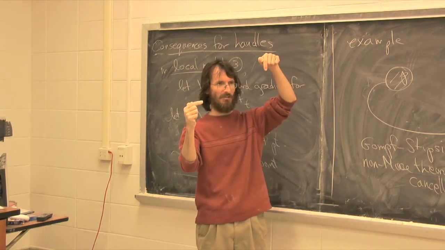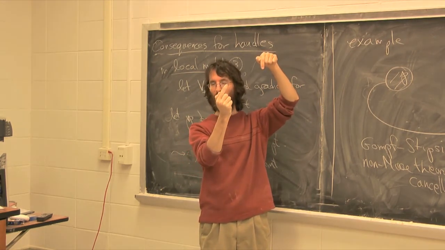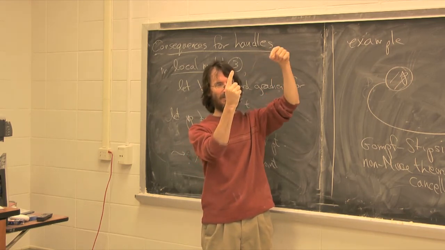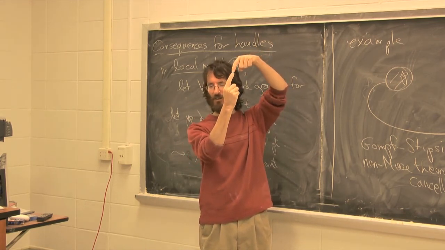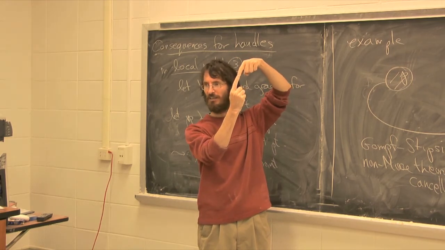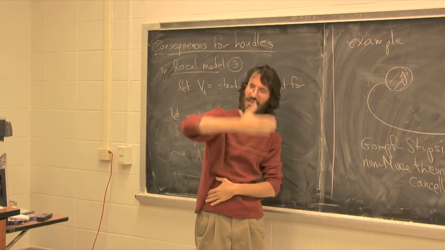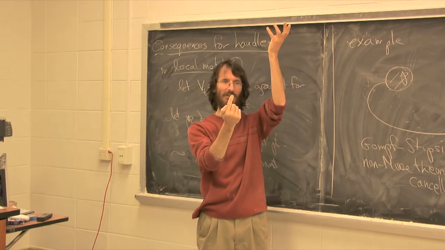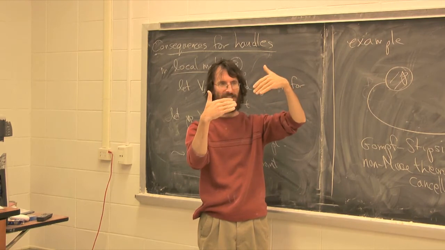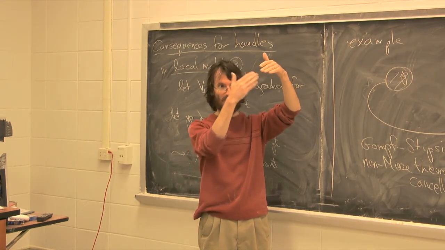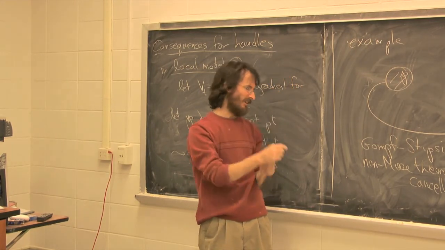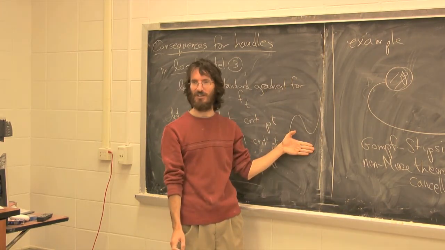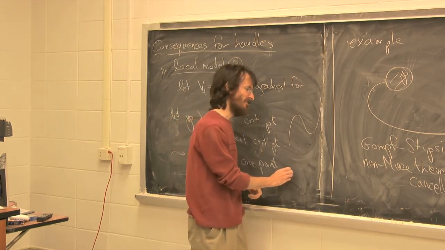I'm going to want to pick my coordinates around both of them so that this ascending direction and this descending direction are actually the k plus 1 coordinate. So I want to boil it down to a slice in which I see that single flow line between them, and then everything else has something going up and something going down. Inside that slice I've got a complete local model. Basically there's a certain slice across it in which this is all I see, and once that's all you see, then you can just wiggle it to look like